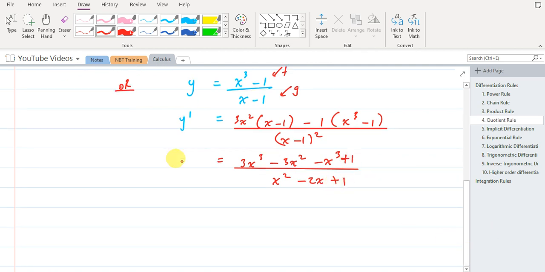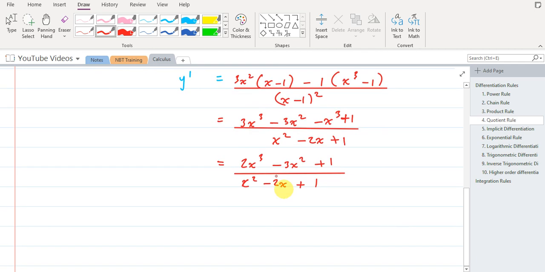Now if we simplify the top, we're getting 2x cubed minus 3x squared plus 1 divided by x squared minus 2x plus 1. It seems like you still need to know how to factorize cubic functions, but anyways, let us factorize this cubic function here. Obviously we are getting 2x and x,